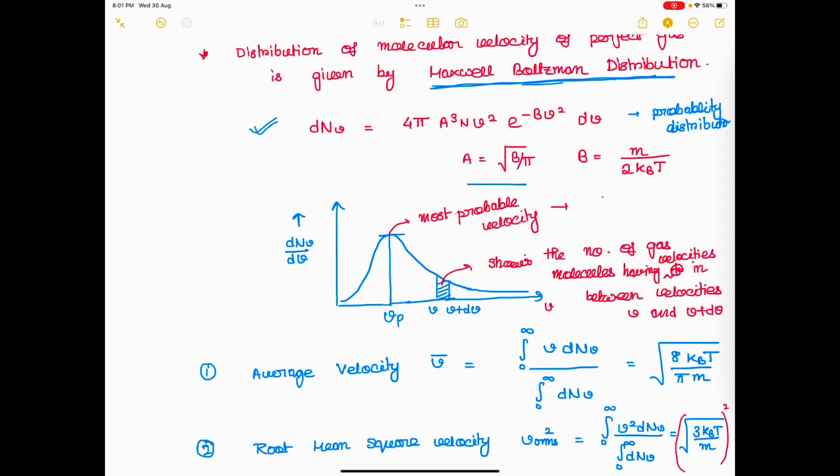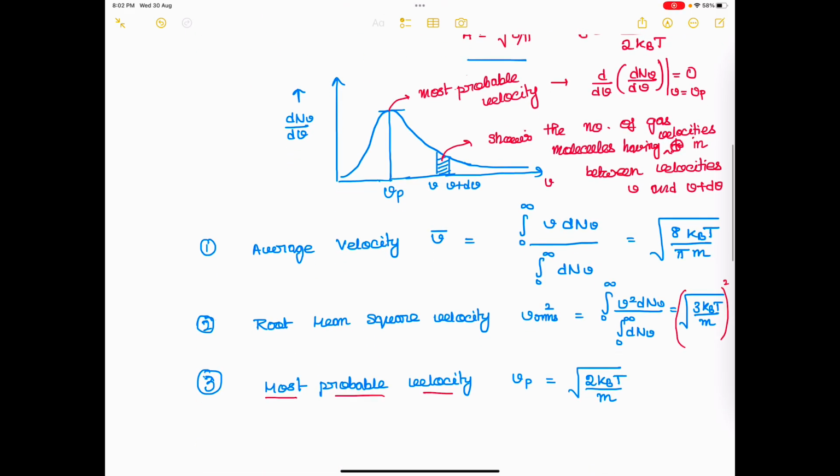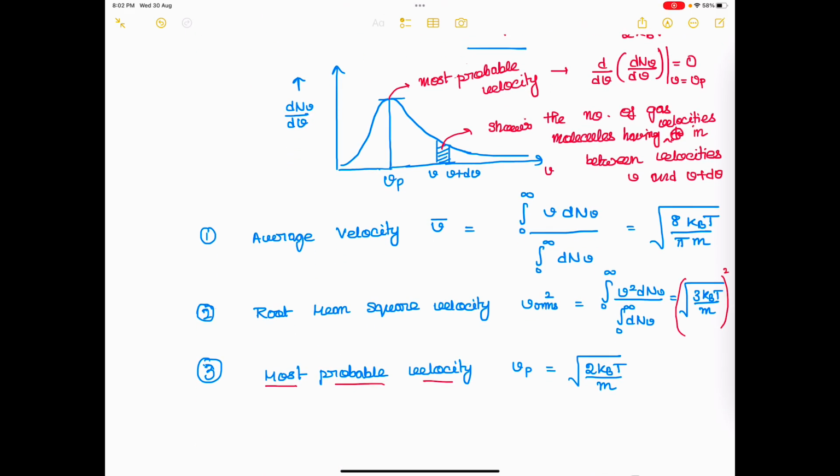It is that d/dv of dN_v/dv should be equal to 0. Whichever velocity for which it is equal to 0 is the most probable velocity, or where this function dN_v/dv becomes maximum, that velocity is your most probable